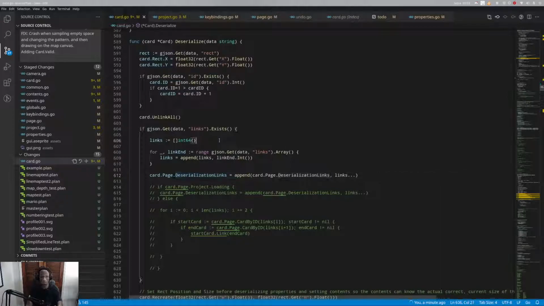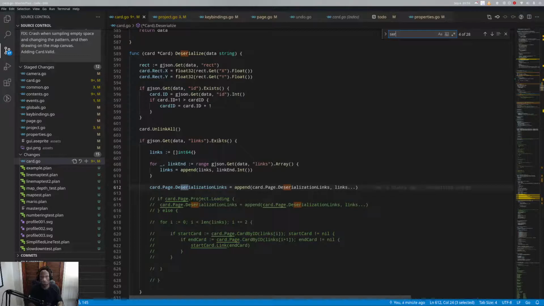No, okay. No, wait, hold on. I gotta think about this some more, because the problem I'm struggling with right now is basically if we have, let's say, card A connected to card B, you delete card B, card A should no longer have card B as a link. Otherwise, you could end up with a card that has a million links because it's connected to a million cards that were deleted over the course of